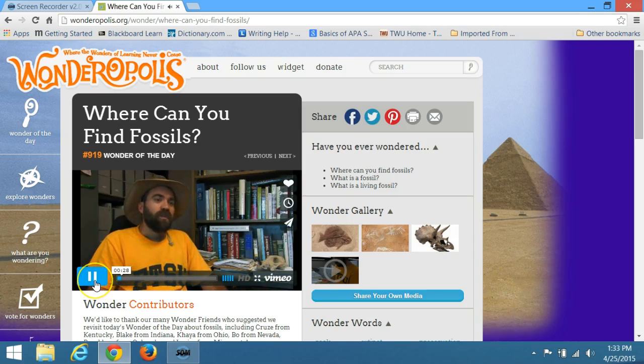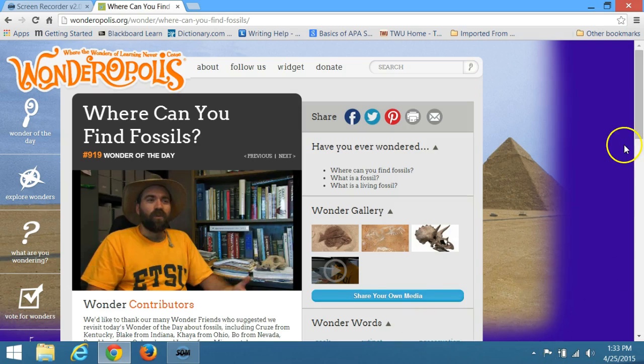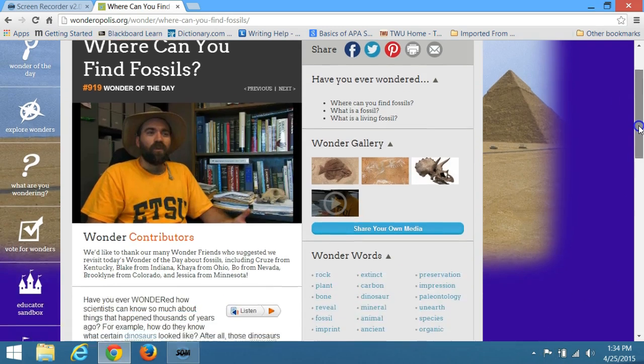And in order to stop it, you come back to the double bars and you can pause it, and then continue later if you can interrupt it. As you can see, this is about finding some fossils in Tennessee, a state that's not that far away from us. If you come back over here to the right side and you drag down,